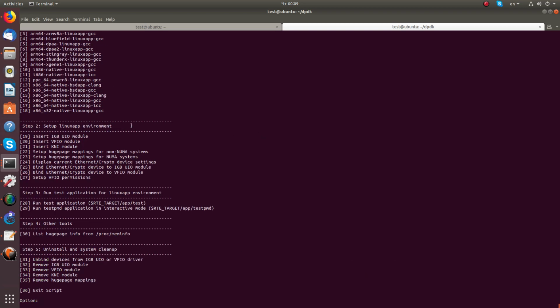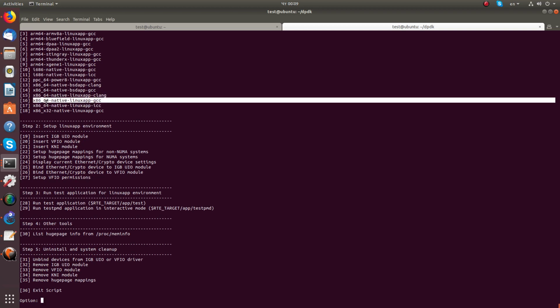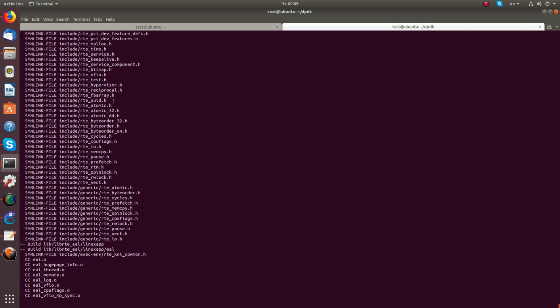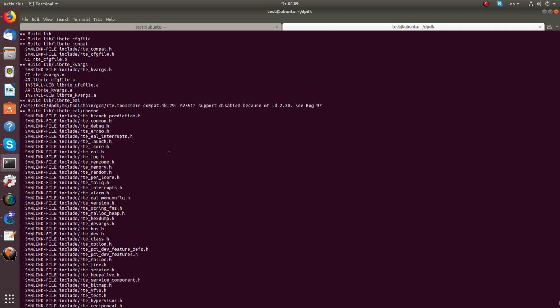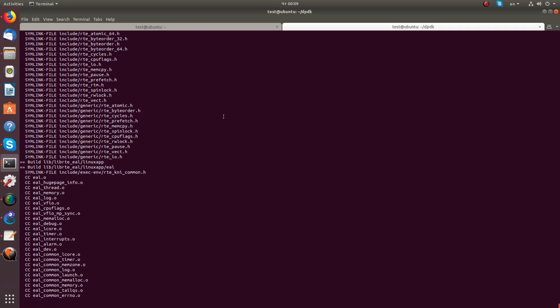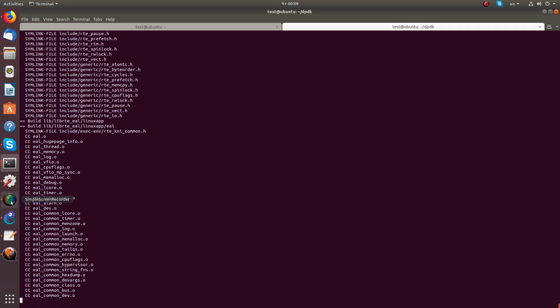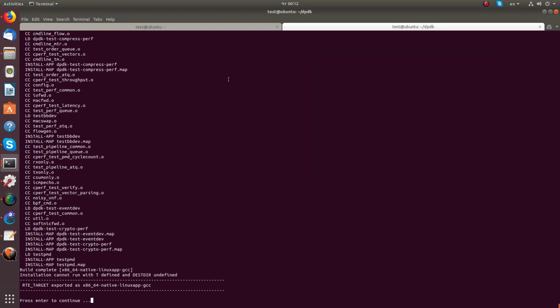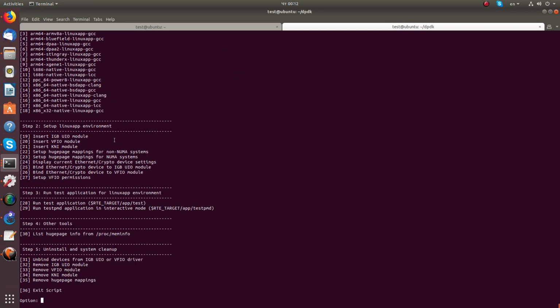Okay, 16 is our target. Native Linux app, GCC compiler. Now it starts to download and build it, and we have to wait again, and I have to push pause again. Okay, the DPDK is ready, but we should